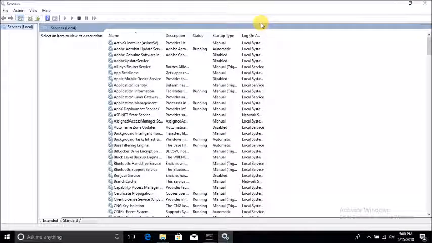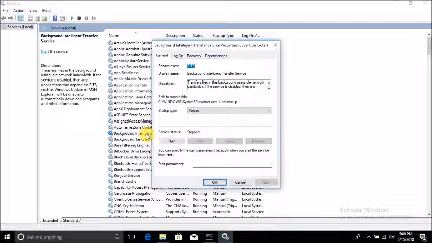So this is the list of services, right? We need to check at least some of the services, like Background Intelligent Transfer Service. Wow, let's see that the service has not been started. So startup type should be automatic, and we will start the service,